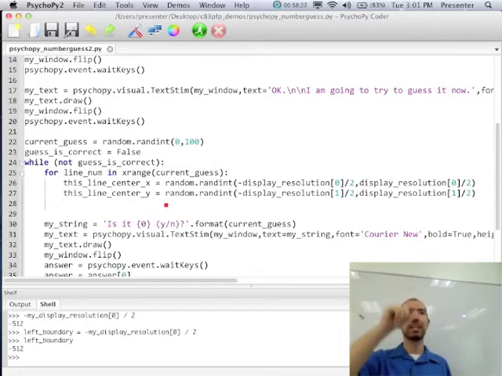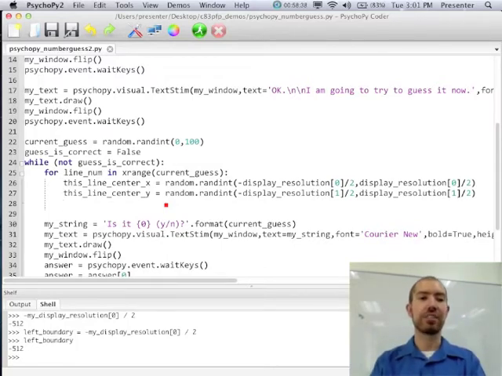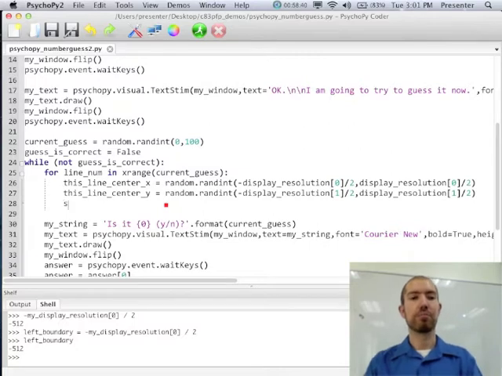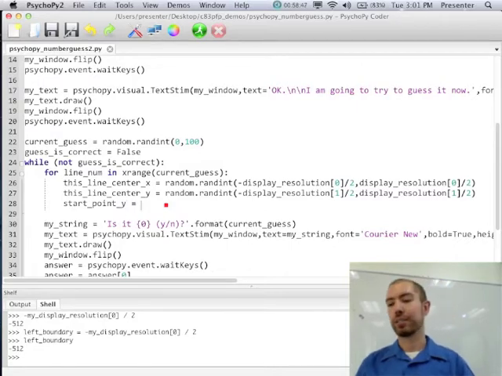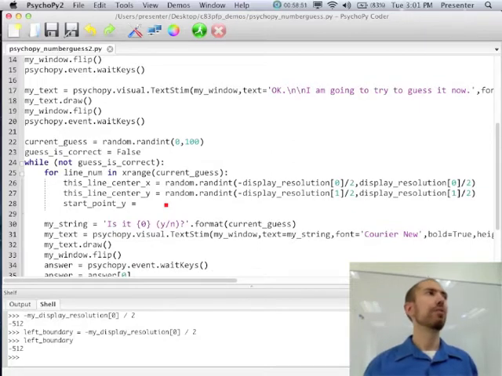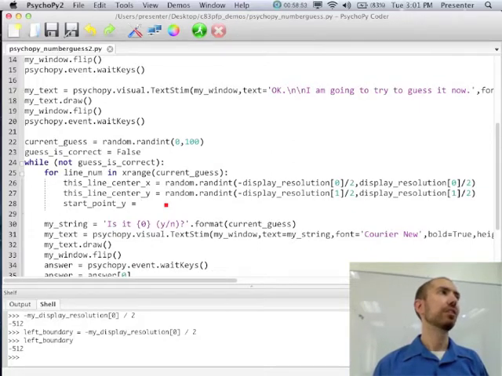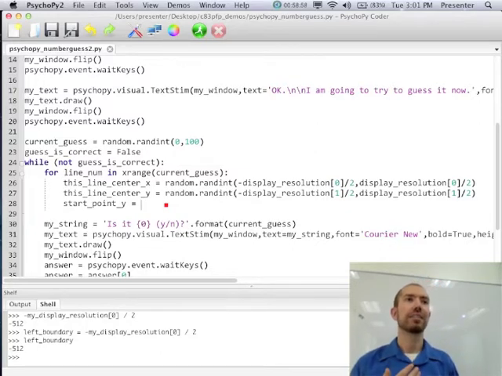If it's a vertically oriented line, it's just going to go from y something to y something higher, but the x is going to be the same. So really, if I want vertically oriented lines, I just have to calculate the start point in y. The start point in y is basically going to be the center in y minus what?